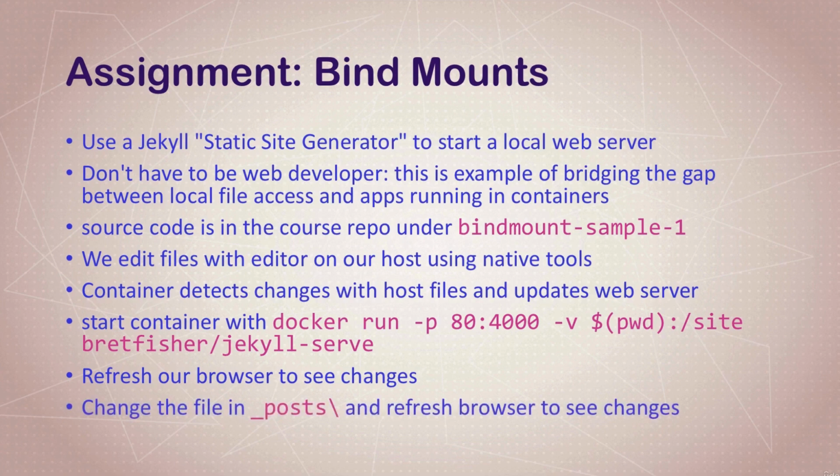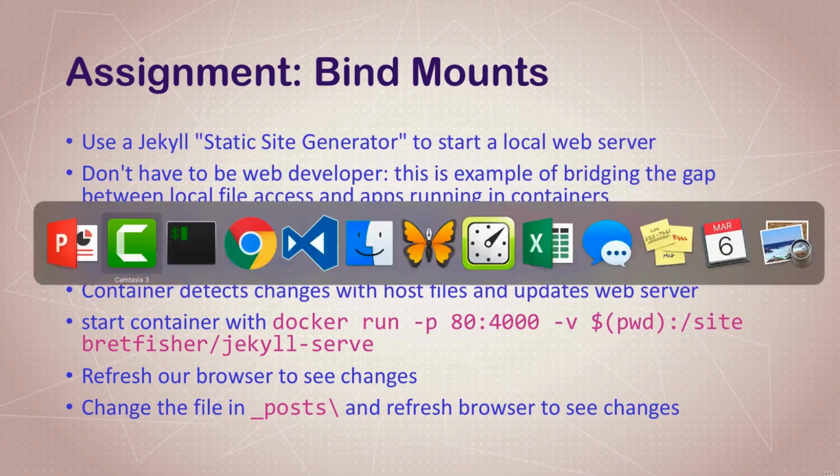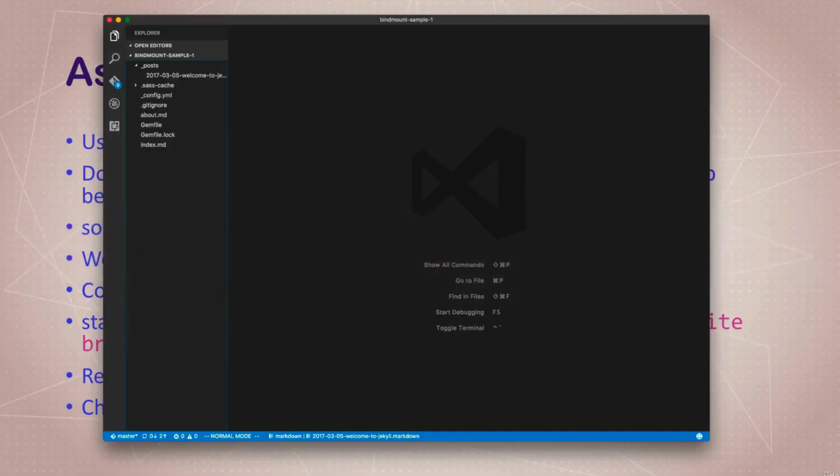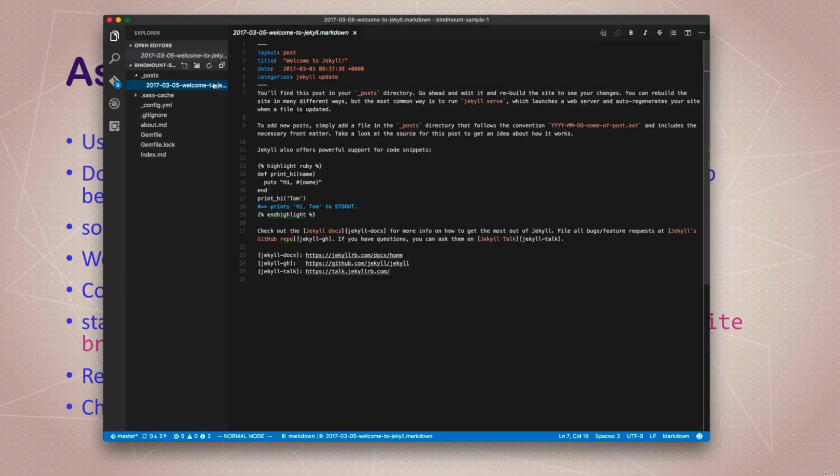And then you're going to just quickly jump into the post directory that's inside that bind mount sample. You can actually see it here on my screen. I actually have it in my Visual Studio Code. So these will be the files inside that directory, and you'll just go into this file here, which is a markdown file, and it's okay if you're not a markdown guru, and you just need to change something in here and then jump over to your web browser and notice how it's reflected automatically as an update once you save